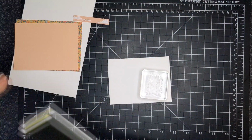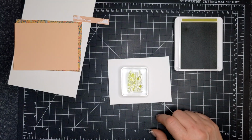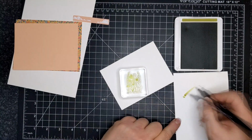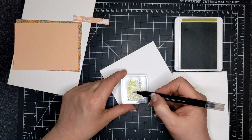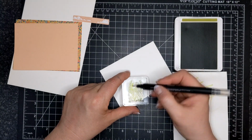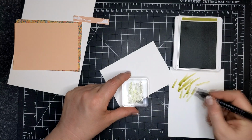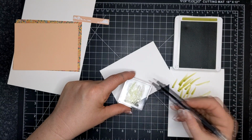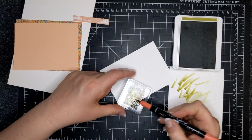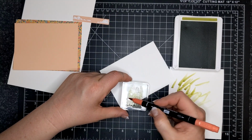So this is the stamp that has some flowers on it. I have a blender pen here. This is sort of a blender pen that's on its way out. It's not super juicy, but I'm able to ink up the stamp with, I used Old Olive. I went with the suggestion in the kit, it says your kit includes, and it also gives you a list of colors that are coordinating. So Old Olive is the color green that I'm using, and then I'm going in with my blender pen, and I'm sort of picking up all the Old Olive that's on the stamp where the flowers should be,